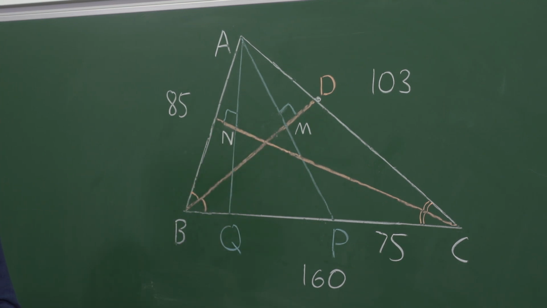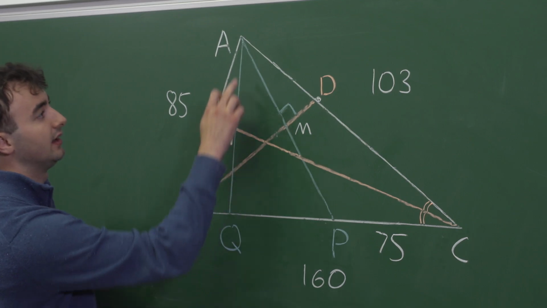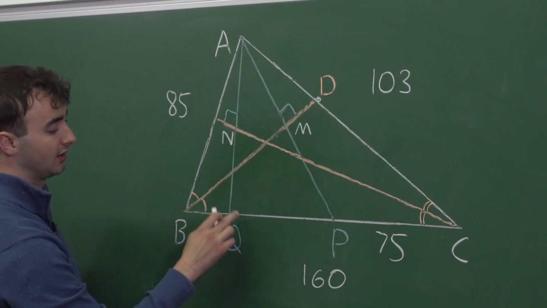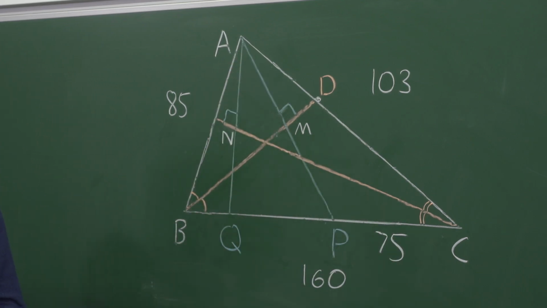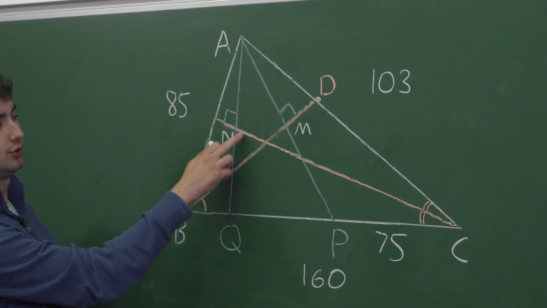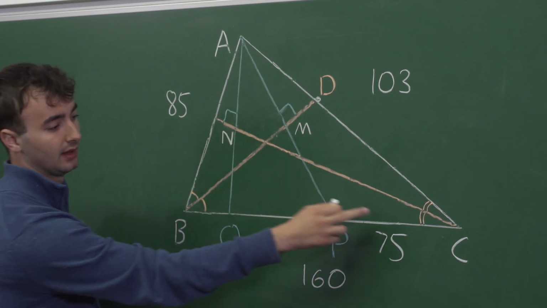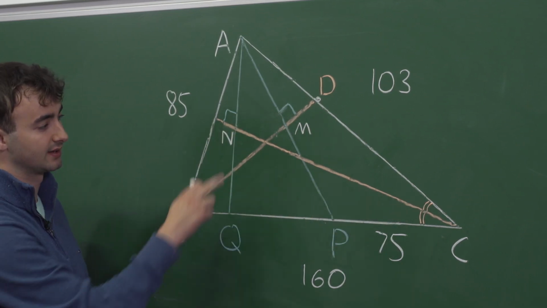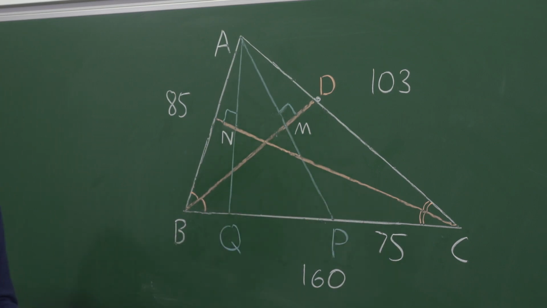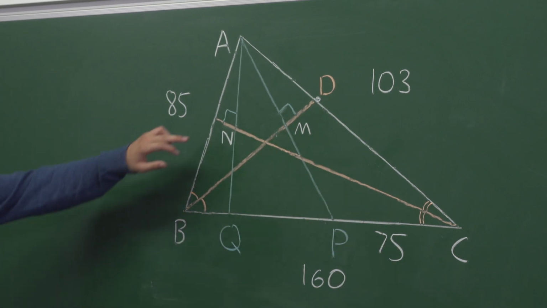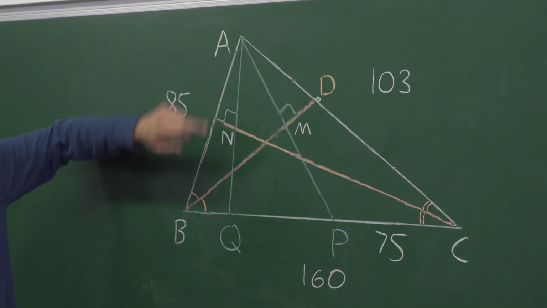Now, we can play a similar game to before, where we say CNA and CNQ are congruent by angle side angle, because there are two right angles here. These two angles are equal from the bisector, and the length CN is common. So we know, as before, that N is the midpoint of AQ,